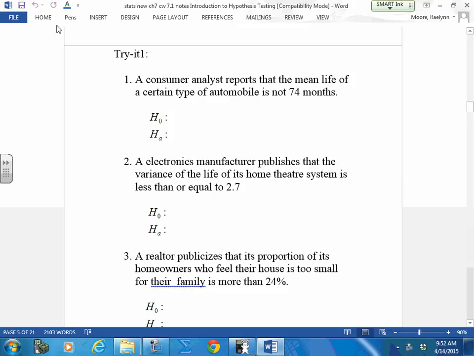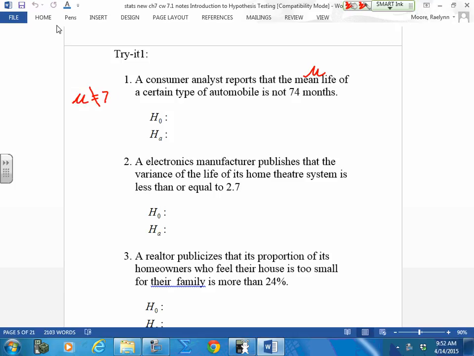A consumer analyst reports that the mean life, so mean is mu, we're using population, of a certain automobile is not 74 months. How do you write that statement? With the HA. Okay, just give me the statement without telling me which one it is yet. Mu, equals with a slash, not equal,